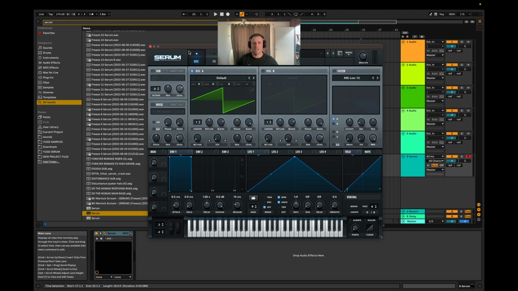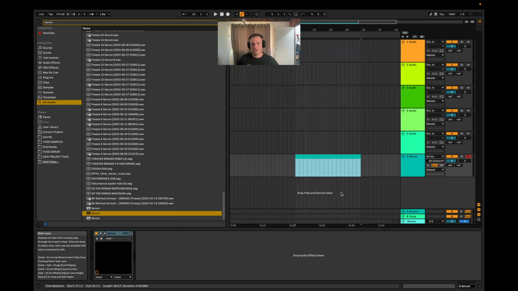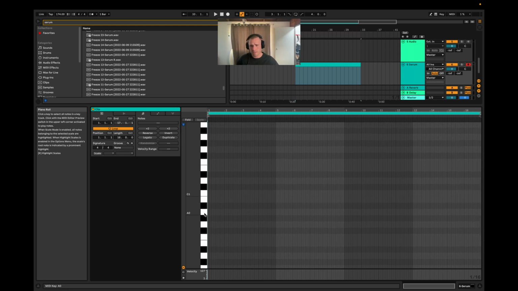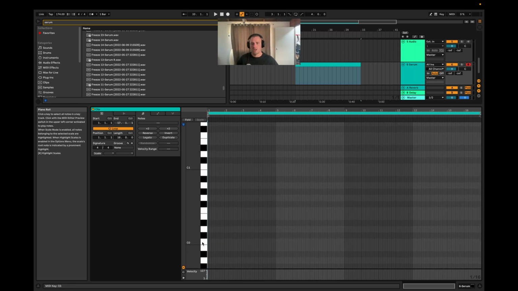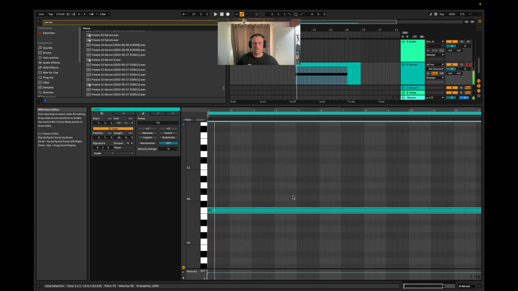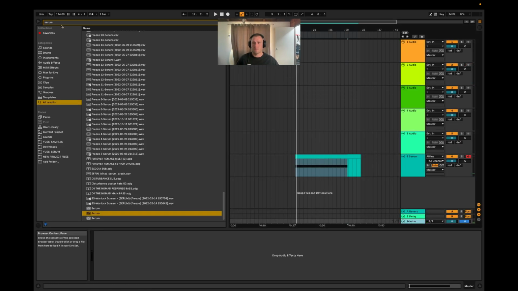So when we open up Serum, the first trick that I usually use, and you may have seen me say this, is if you're in Ableton and you're writing basses specifically, you want to draw them from C0 up to B0. So this octave here, this 0 octave, obviously you can go down a bit, you can go up. But generally what happens is, typically drum and bass, for example, is written in F. I don't often write in F, but look, most people do. If I write an F0 there and I bring up a span,